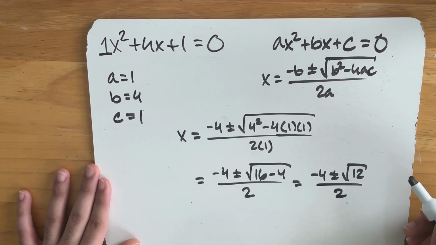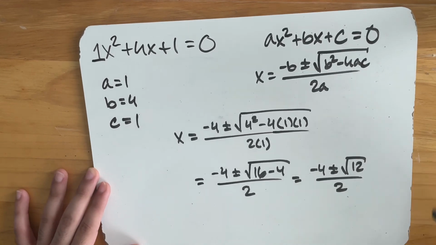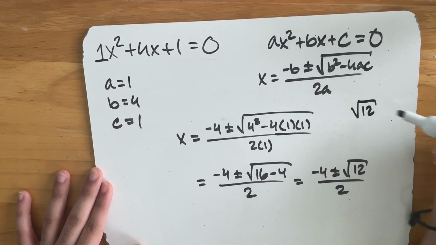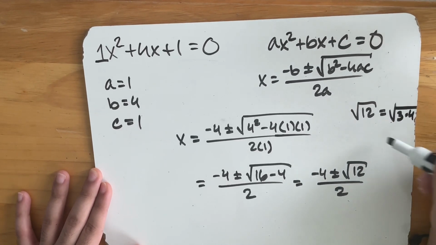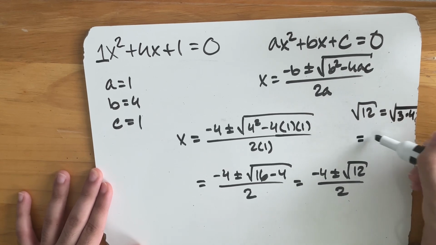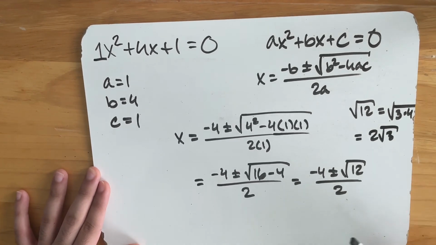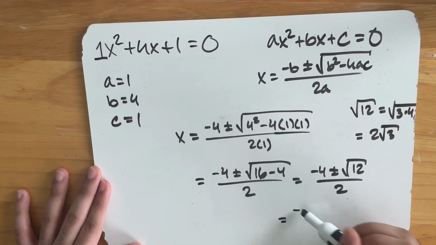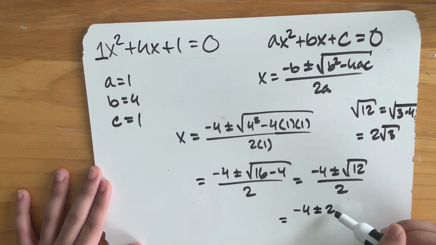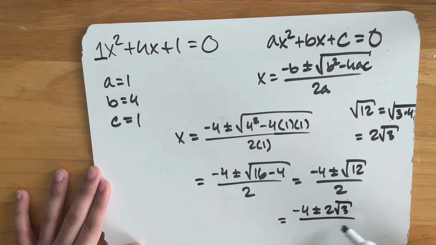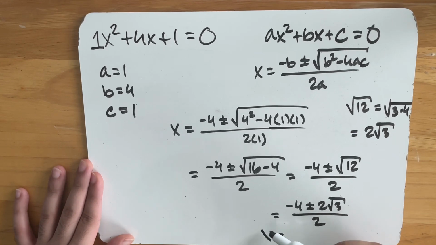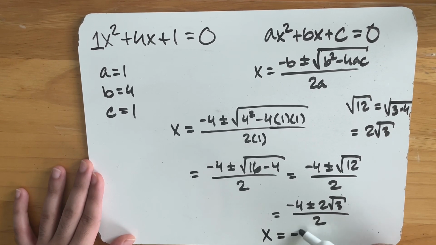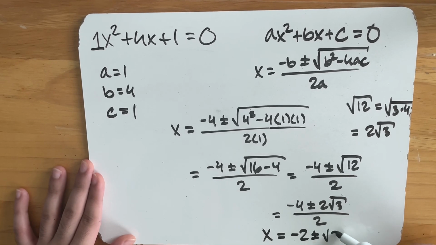So it looks like we're done, but not really. We could simplify this more, because if you take a look, the square root of 12 is really equal to the square root of 3 times 4. And we could take the 4 out of the square root to give us 2 root 3, right? So we'll keep going. So this is equal to negative 4 plus or minus 2 root 3 over 2. Now we can just basically split apart the fraction and do division, right? So I get, for a final answer, x is equal to negative 2 plus or minus root 3,